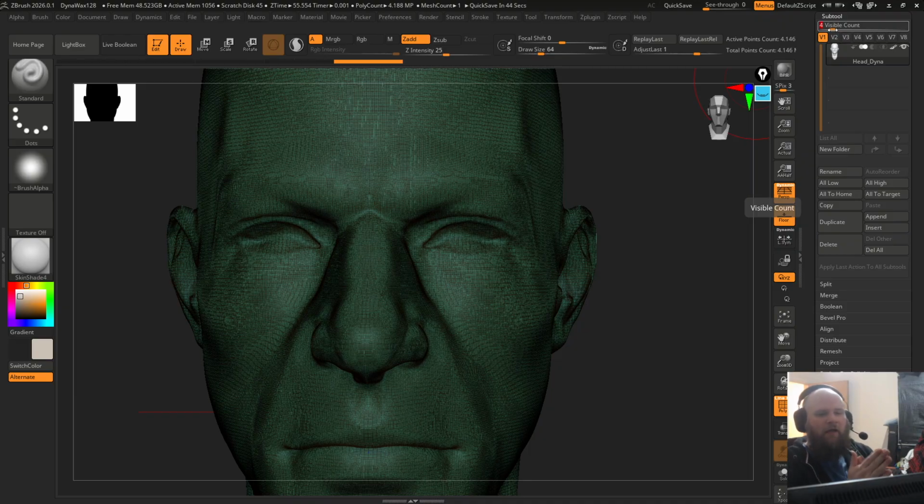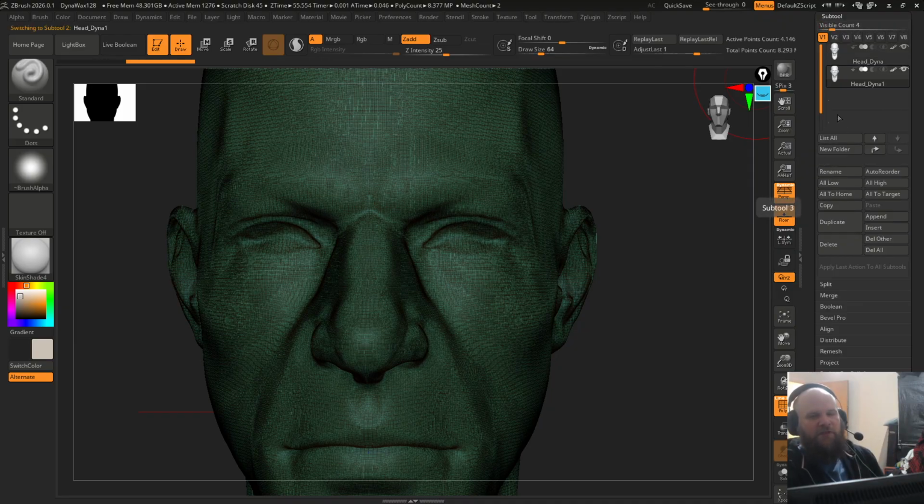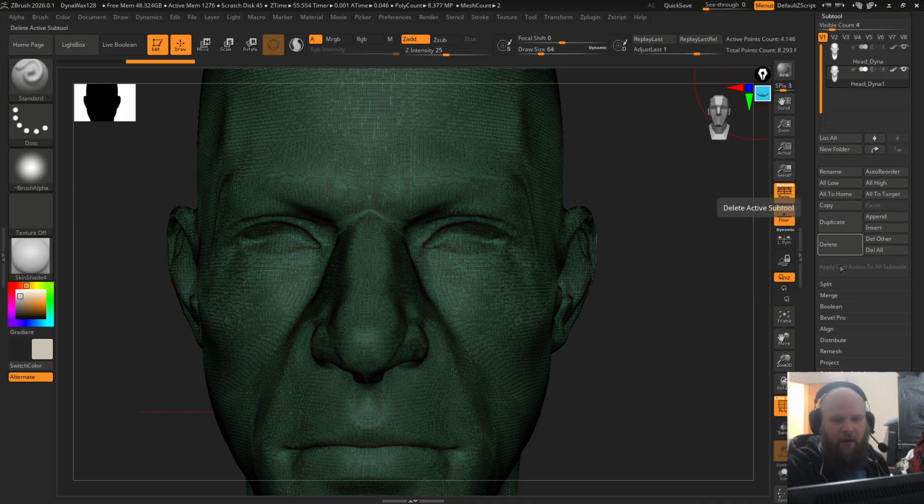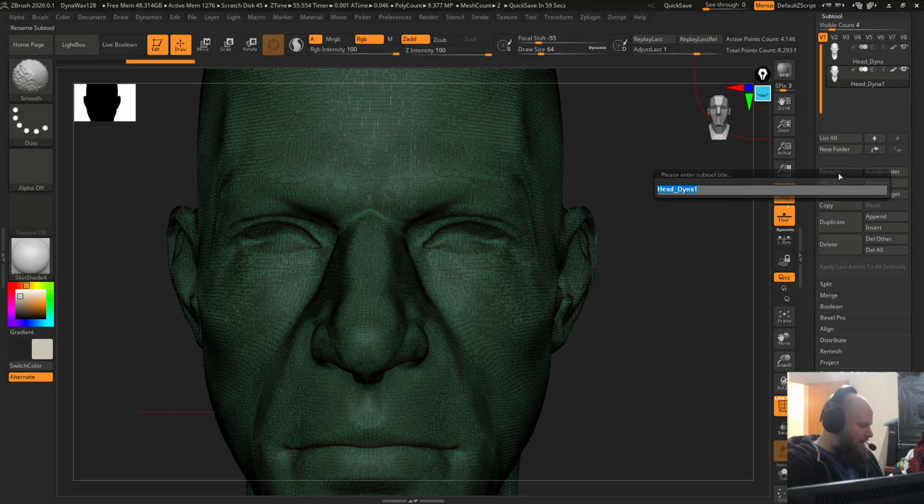But first of all, we need to duplicate this head, because this process we're about to do is not going to make a new version, it's going to replace the subtool. If we're not careful, we could lose possible information. Just to be safe as well, I'm going to rename this subtool. With this subtool selected, this Dyna Head 1, I'm going to come down to where it says rename, click it, and name it head underscore